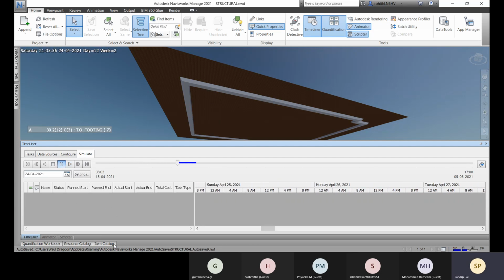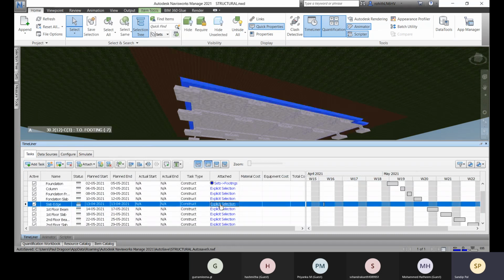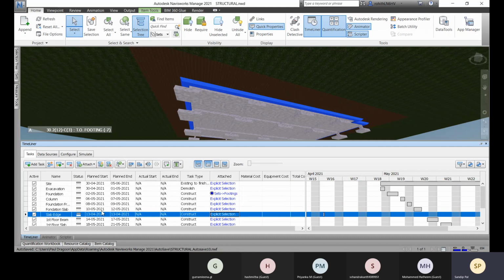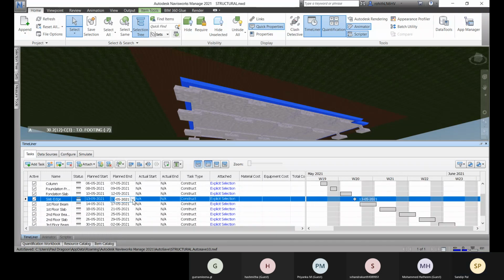So this one I have is about the slab age. For that, let me go to this task and about this slab age. This is the slab age. Okay, so I have made a mistake here about the timing. Sorry. So it will be on May. Yeah. So now it is fine.